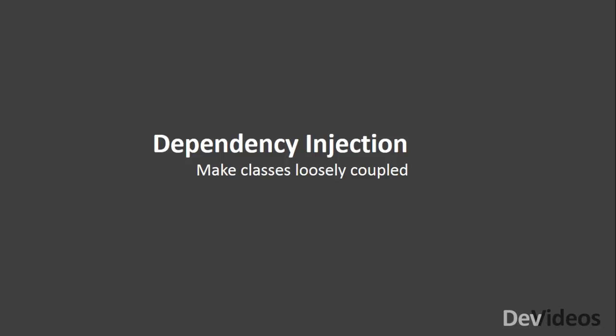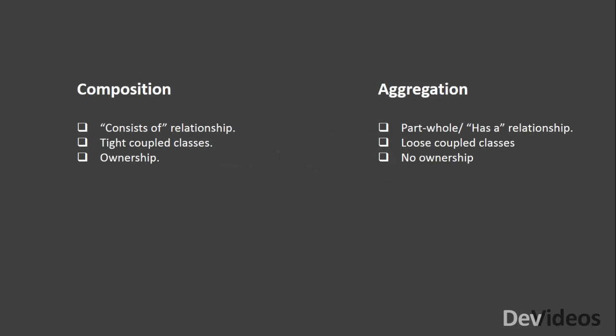But before we dive into this topic, I need you to recall these two concepts of OOP: composition and aggregation. Well, if we talk about composition, this leads to the notion of very tightly coupled classes, and these classes can't live without each other. But in aggregation, we do not have such tightly coupled classes. In composition, we have a sense of ownership between two objects, but in aggregation we have the vice versa,